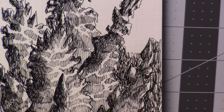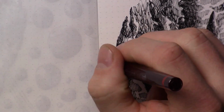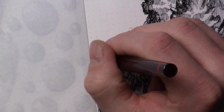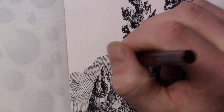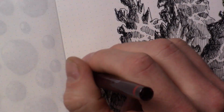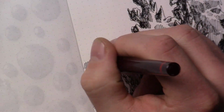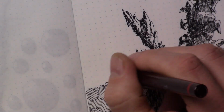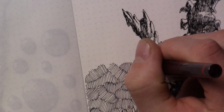What do you think is actually cheaper? Using that and the ink to fill in large areas, or using Sharpies? Because I wonder how much ink I use compared to how much of the marker that I use to fill in large areas. I don't know. And now you can see here I'm just doing a bunch of little lines that are going